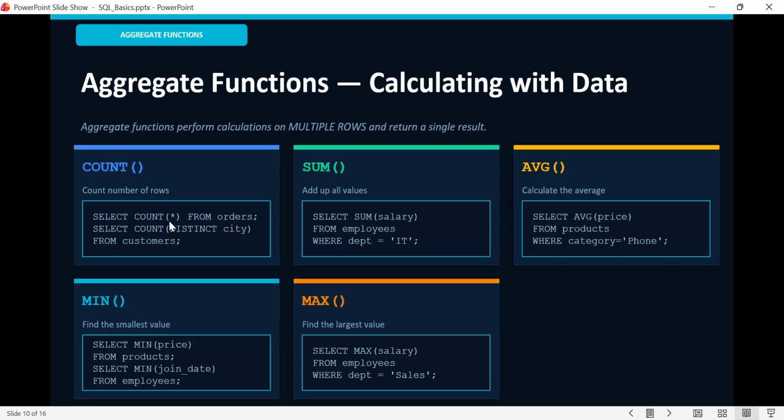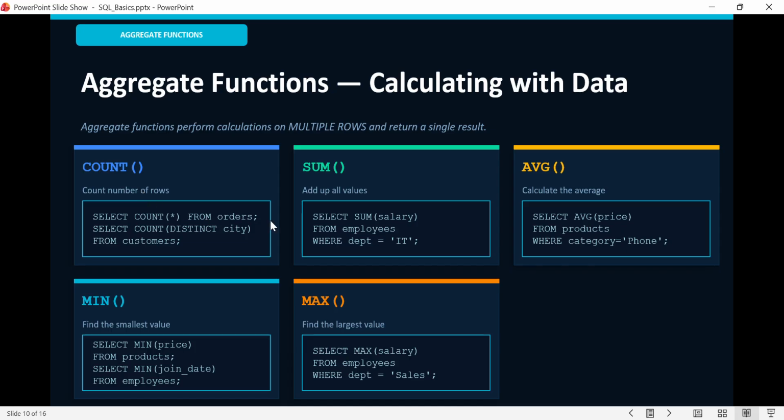So SELECT COUNT(*) FROM orders gives you the total number of orders. SELECT COUNT(DISTINCT city) FROM customers gives you the number of unique cities, right? COUNT(*) includes nulls, while count of a specific column skips nulls.